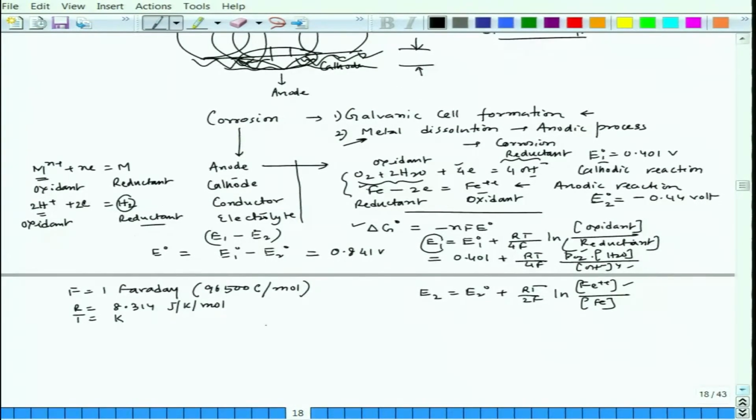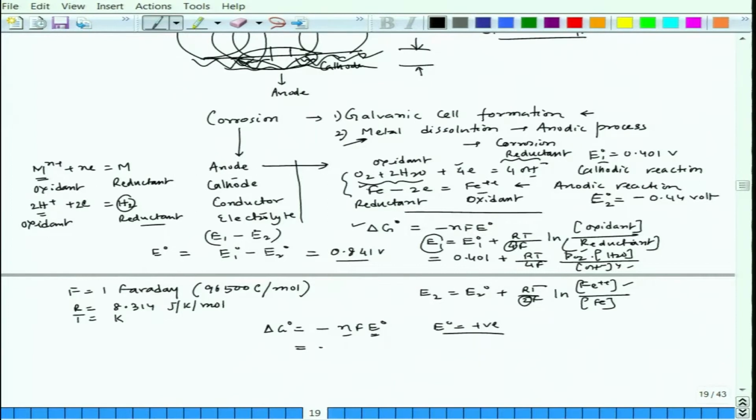And now, if I apply this particular equation, we see that delta G naught is nothing but minus nFE naught. So, now in this case it will be this value, but if you take E1 and E2 values, then you have to take consideration of this particular number. So, that value would be different. Now, n would be decided by equilibrated condition. Okay. So, now this E naught is positive,